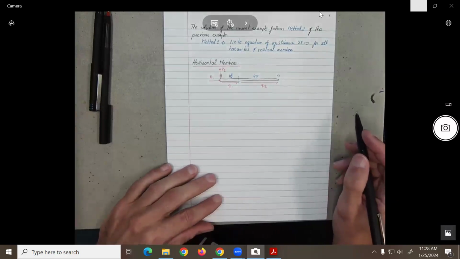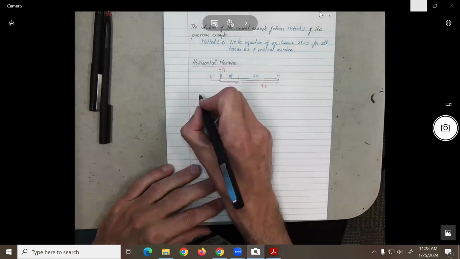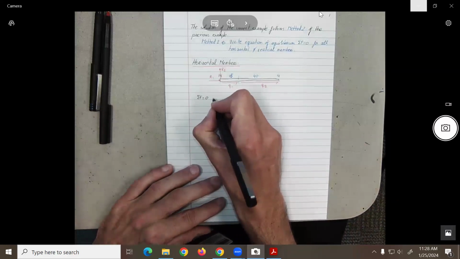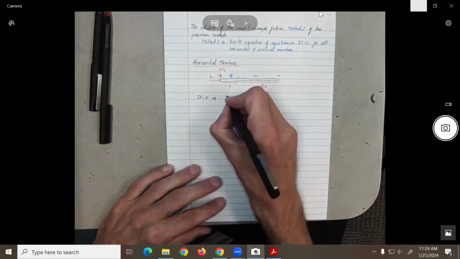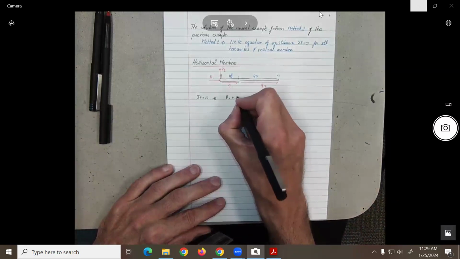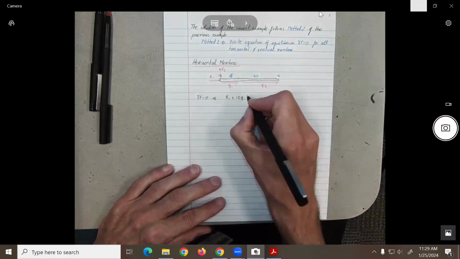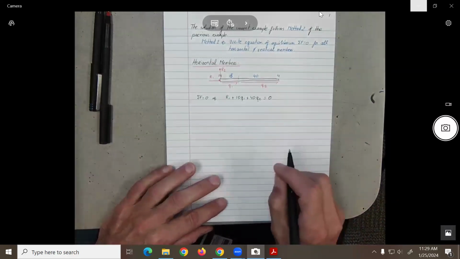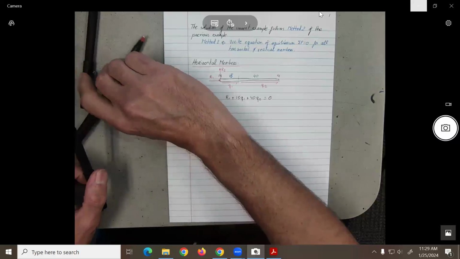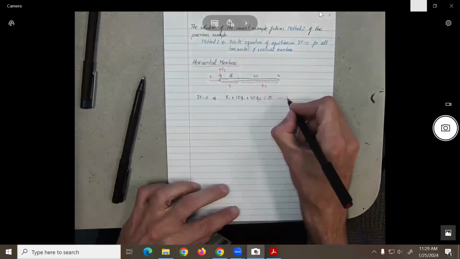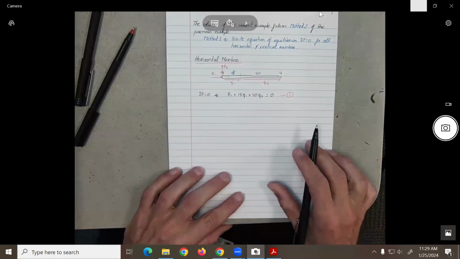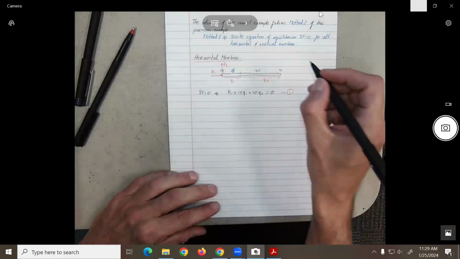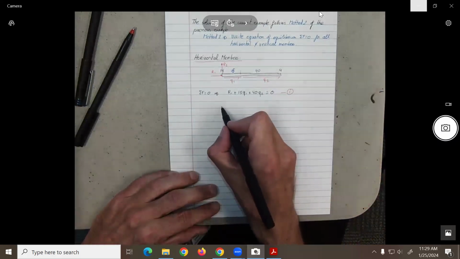Okay, so we have that equation. What are we going to have if we do now summation of forces equal to 0? We get R1 plus 15Q1 plus 40Q2 equal to 0. Okay? So you see it's very simple problems over and over. Next we'll go to